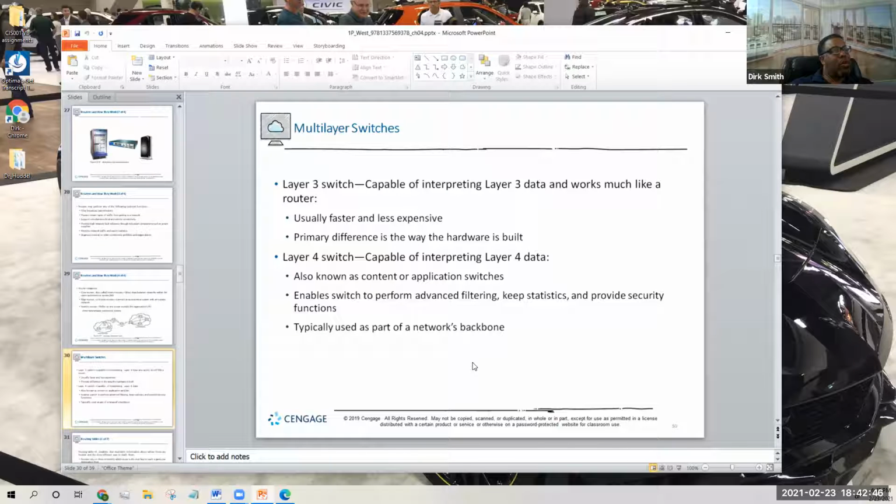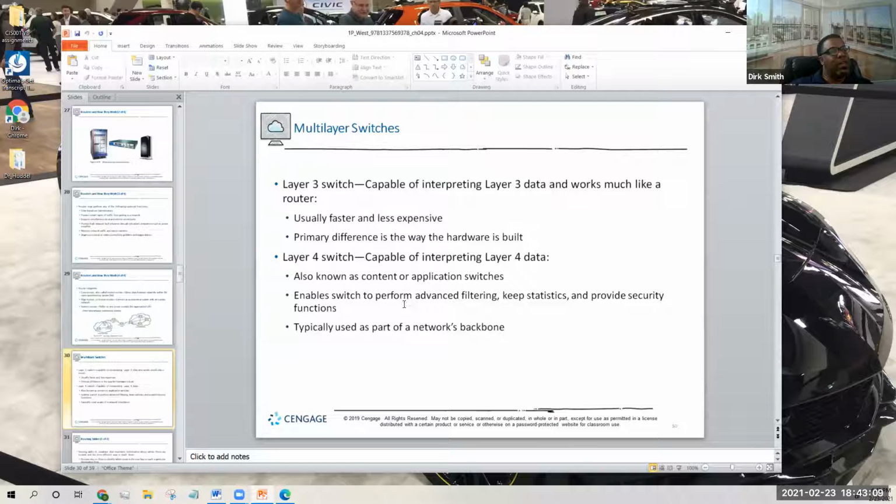They work on layer 3 and 4, capable of interpreting layer 3 data, and work much like a router. Usually faster and less expensive. The primary difference is the way that it is built. Okay. A layer 4 switch is capable of interpreting layer 4 data, also known as content or application switches,